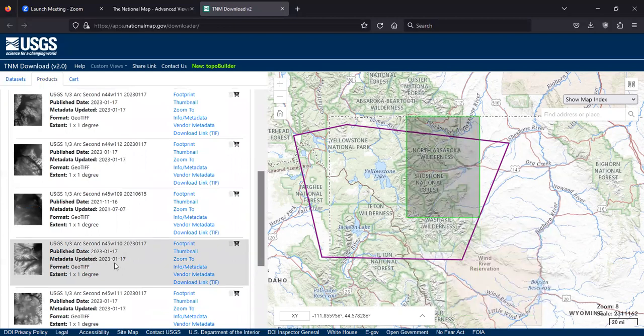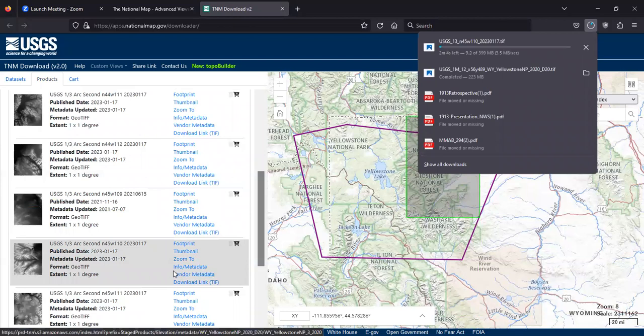And to download it, all you do is just go to download link TIF. And that's going to download that file right there. It'll take a minute because it is a big file. But once that's done, all you have to do is move that file to wherever you're keeping your data for this lab. And then you can add the data to the map either directly or if using a folder connection